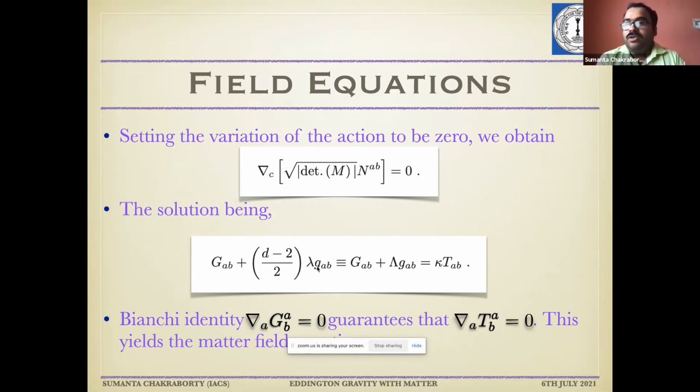But we notice that we do not have to call them dynamical, in the sense that if we just use the Bianchi identity, that eventually guarantees that the covariant derivative of T_AB should be 0. And we know that the conservation of T_AB is equivalent to having the field equations for the corresponding matter field. So we also have obtained the matter field equations at a single go. So we not only have the Einstein's equations, we have no modifications whatsoever. And additionally, we also have derived the matter field equations without any further hassle.